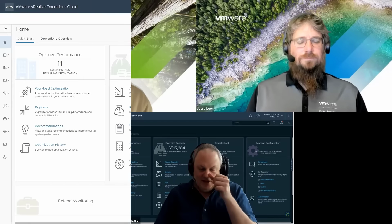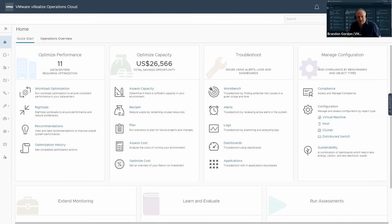Yeah, that's fine. Okay. So like I was saying before, this is based off the same code base as vRealize Operations on-prem. So it should look very familiar to you. It's essentially the same product. And typically, I'll point out the things that I think would be more important looking from a partner